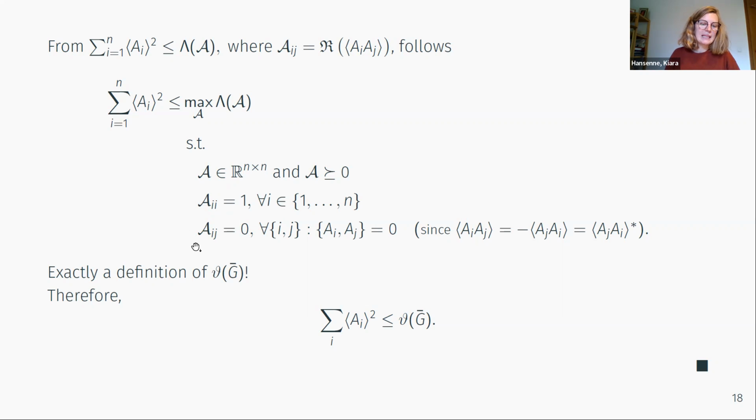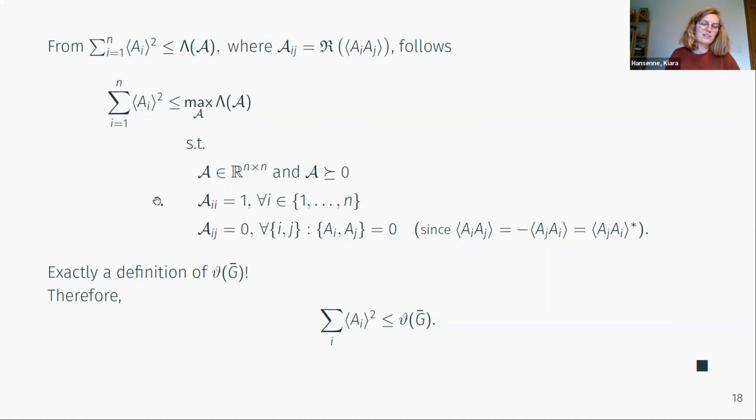Okay. And then we notice that the element ij is going to be 0 when the observables anti-commute. And why is that? It's because if you take the element ij, and then you just flip operator i and operator j, and since they anti-commute, a minus sign appears there. But we have seen before that it's actually equal to the conjugate, meaning it's purely imaginary, and then taking the real part, nothing stays, and we end up with 0.